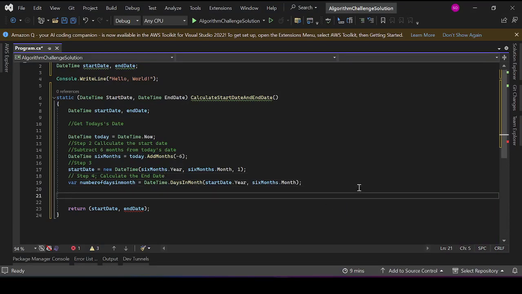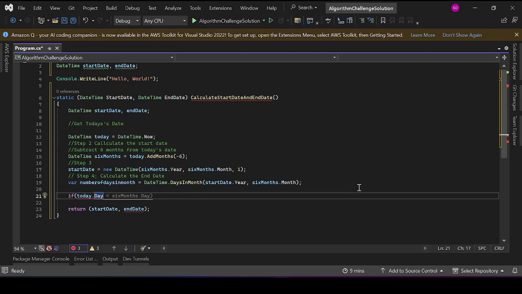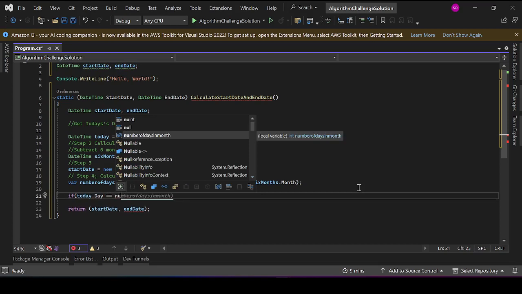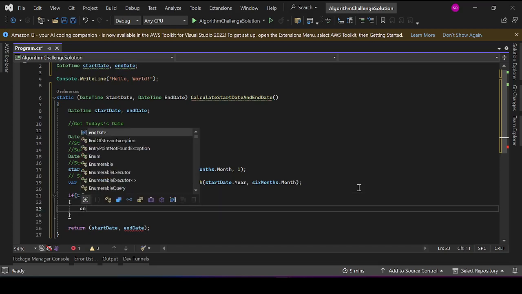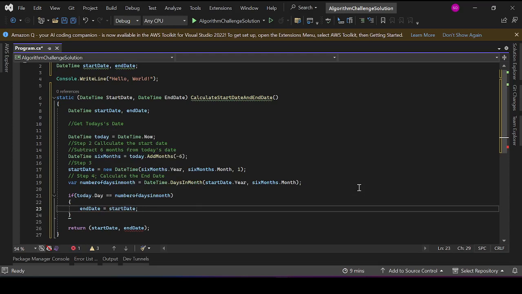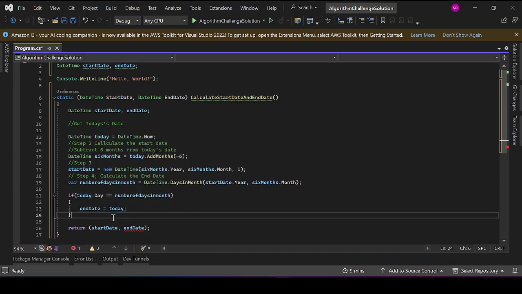Now, if today dot day is equals to number of days in month, right, then end date equals to today, right? Else,